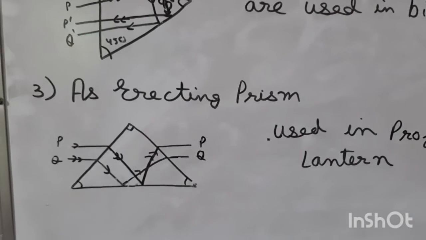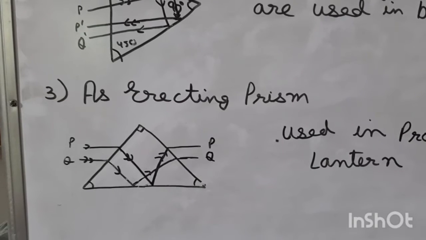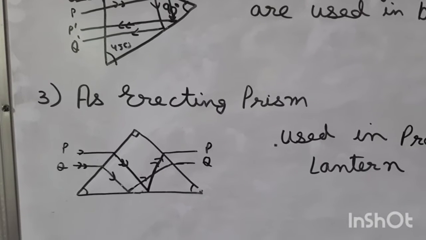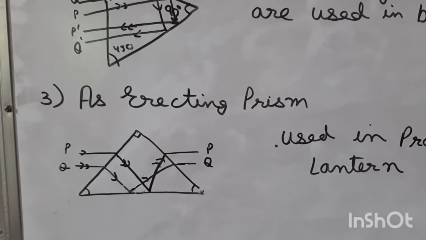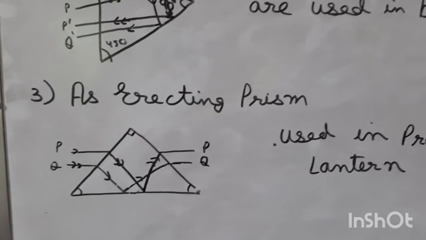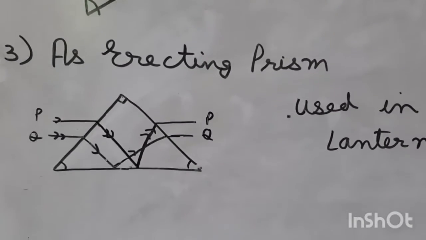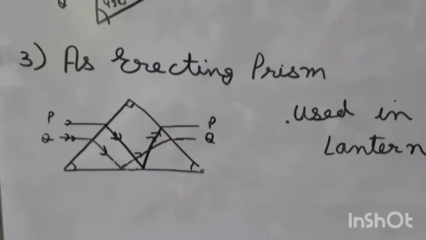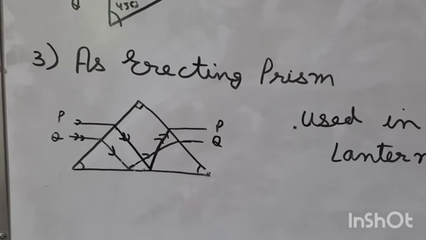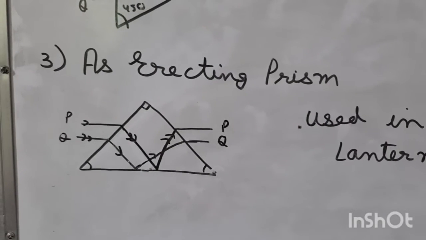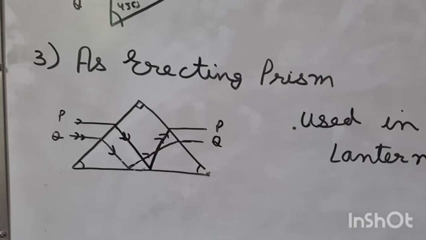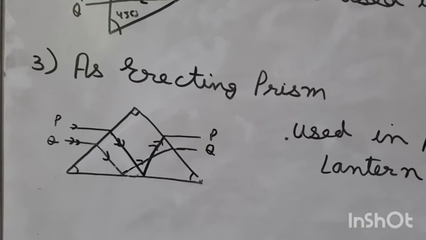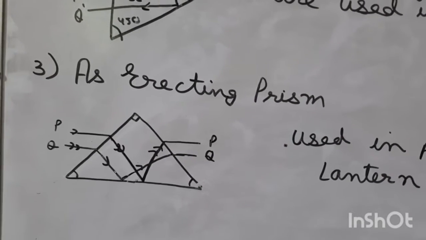Erecting prism मतलब जैसे हमारा ऑब्जेक्ट है वैसी ही हमारी इमेज होगी, meaning the object and the image are of the same kind. So here when we place the prism in this configuration, we get an erect image of the object. Now this is a method of using an erecting prism to produce an erect image without deviation, meaning without any deviation.